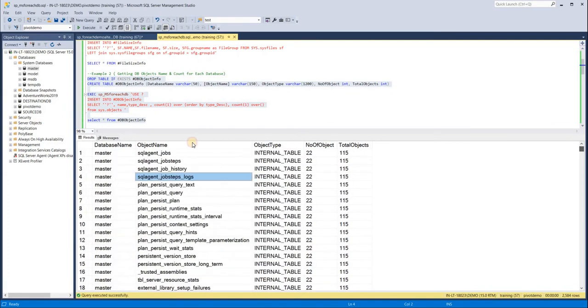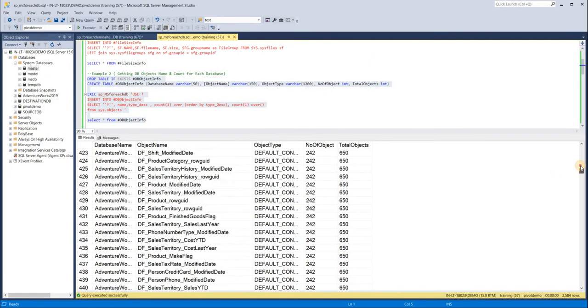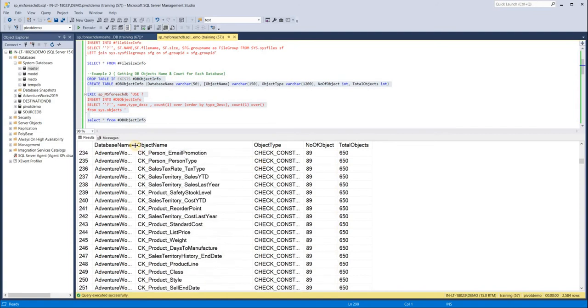For each database, we have got information like the database name, the type of object, and the object name. The type of object here is internal table, and you can see the number of objects, which means total internal tables in the master database are 22, and total objects altogether in the master database are 115. So similarly, if you go to the AdventureWorks19 database, right, then you can see here,